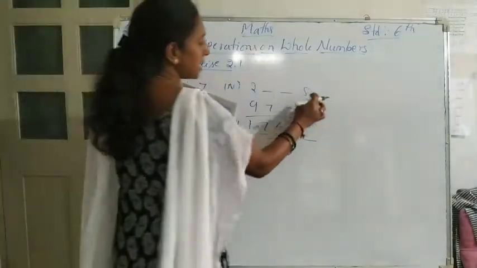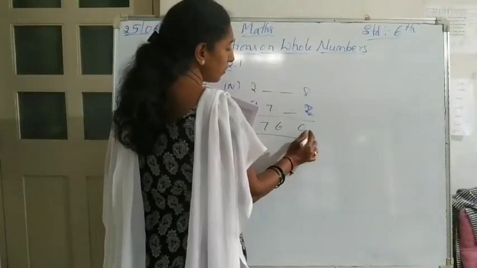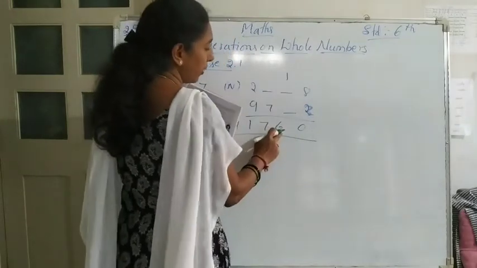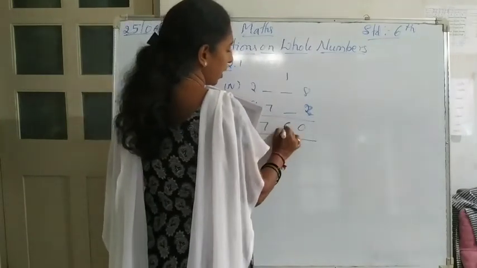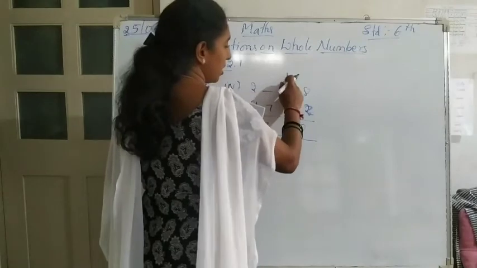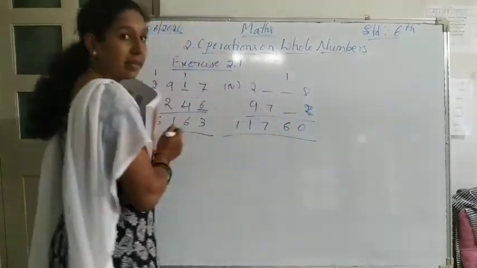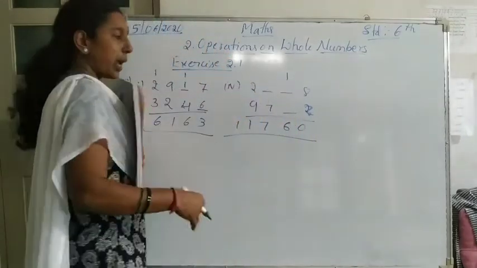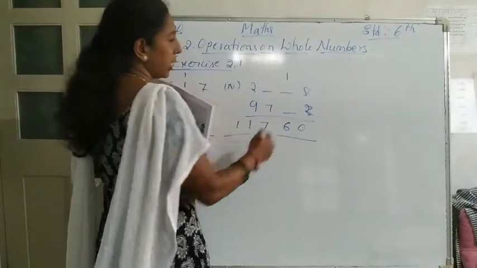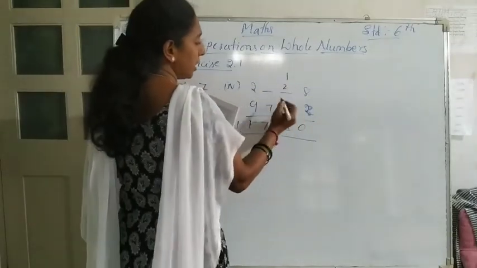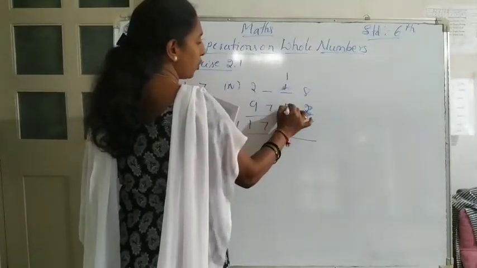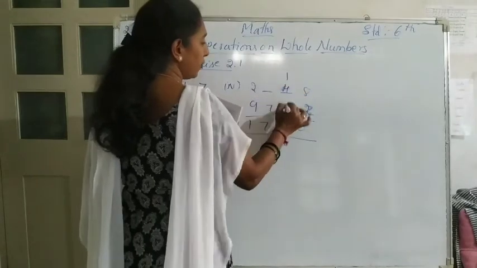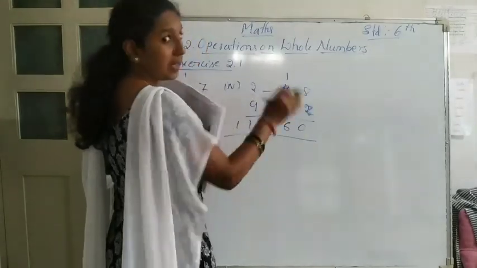So the answer is like this. Here 8 plus 2 is 10, so 0, and 1 carry. So here I want 6. Here I want 6, so 1 is there already. So the remaining 5 I should write here. I can write 5 in different ways. That is, I can write 2 plus 3, I can write 1 plus 4, otherwise here I can write 4 plus 1. You can write any way here.